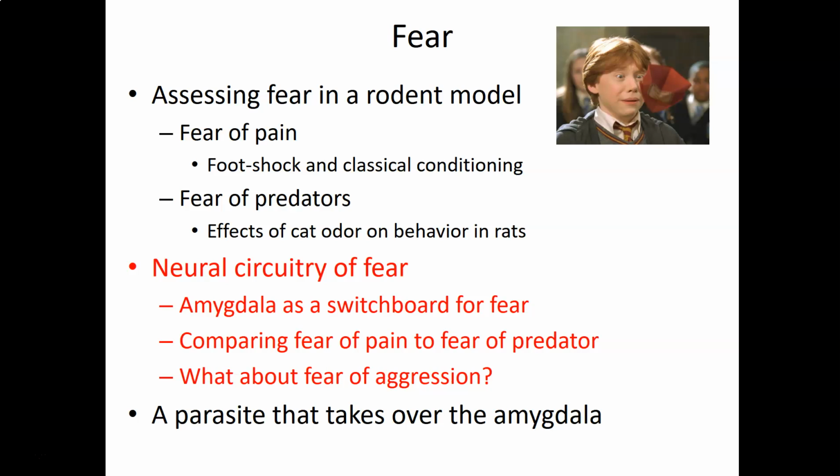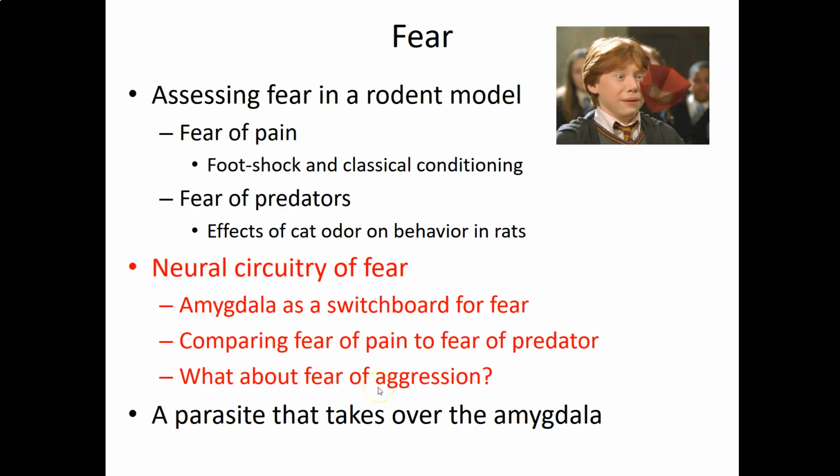model, that is looking at foot shock and classical conditioning, that behavior is different than the fear of a predator, or the fear of being aggressed upon by another animal of your own species. So there are these subtle differences in how this information works its way through these different brain areas, and that's what we're going to first talk about, and then we'll get to the fear of aggression,